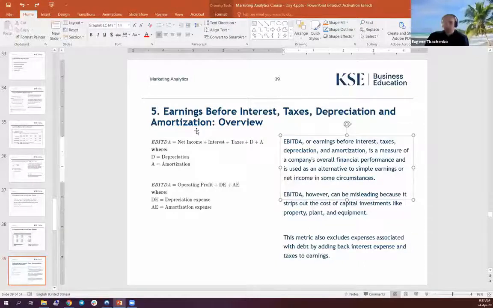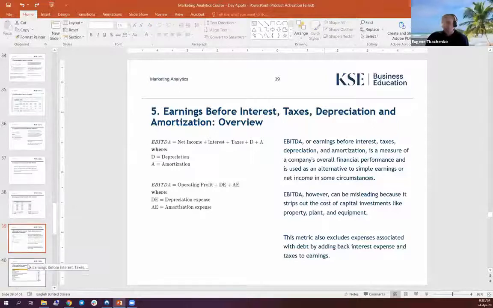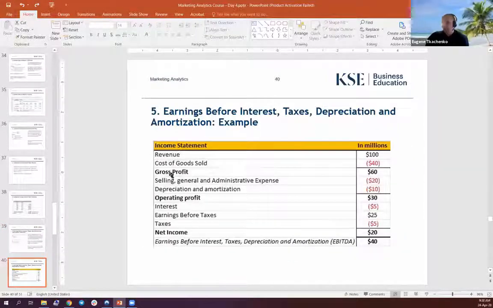So just be careful with calculating EBITDA and calculating net income, because you need to have a very clear understanding of the components used for both EBITDA, net income, interest, taxes, depreciation, and amortization costs. So the best way of doing this is always using pro formas or calculation formulas like this. So you either create some sort of income statement in your Excel spreadsheet, where you have all those sections listed one by one.